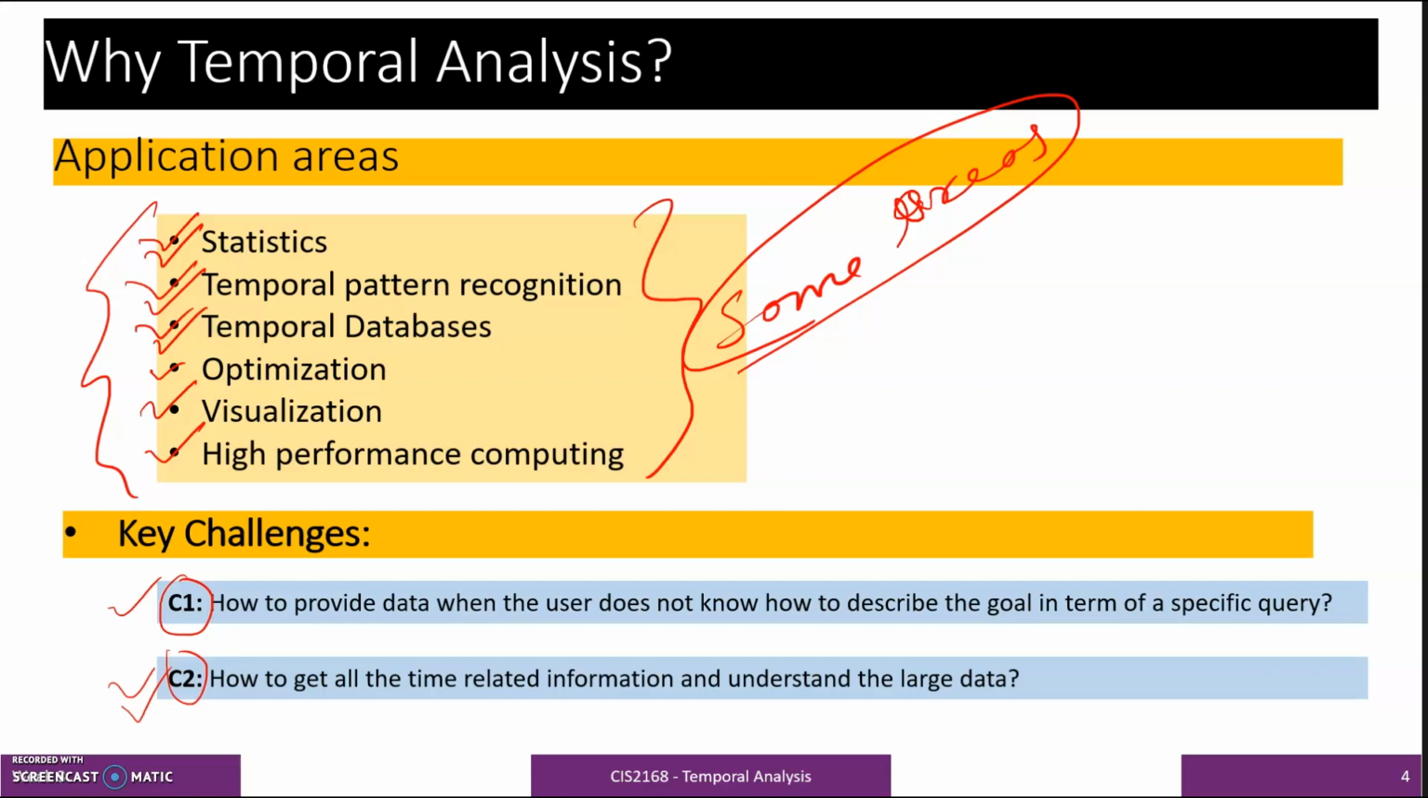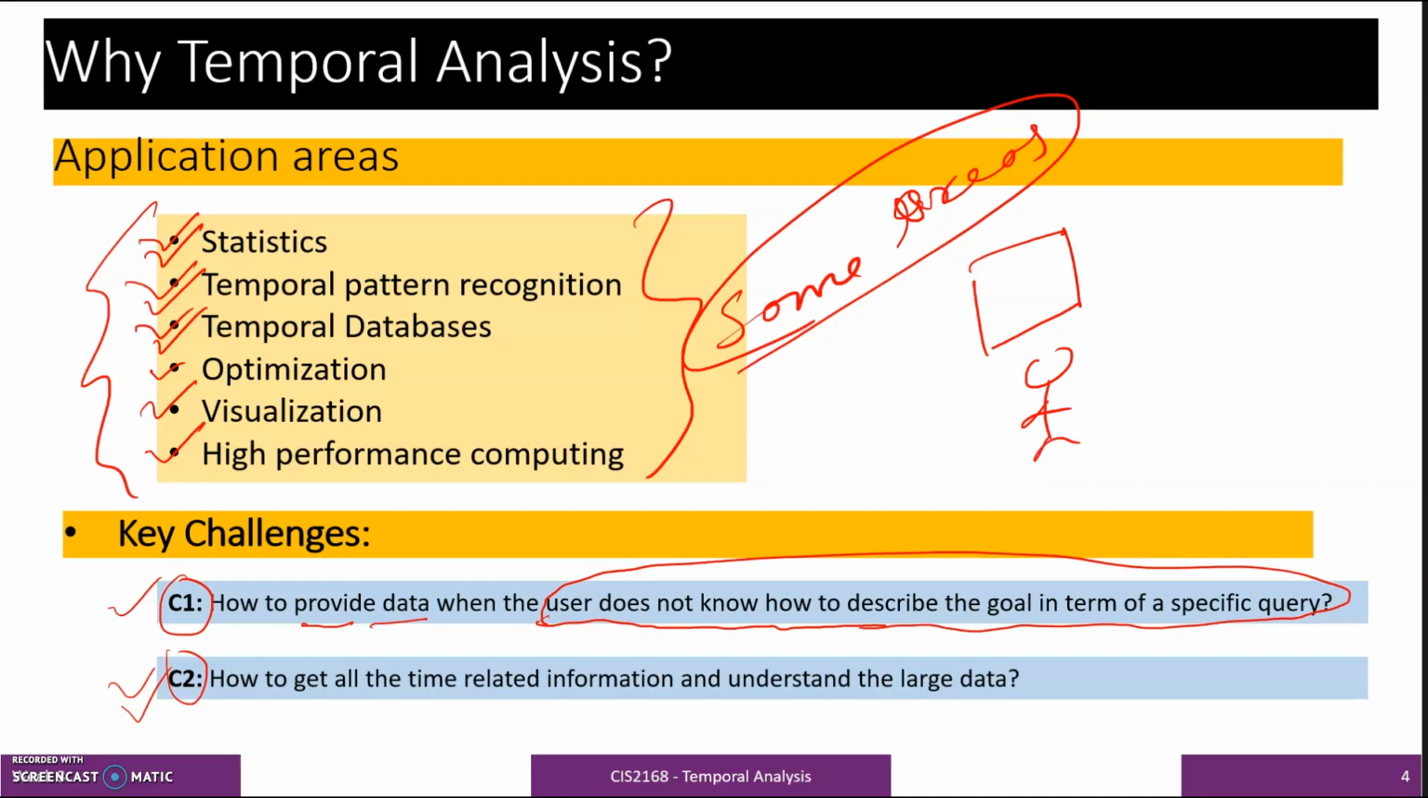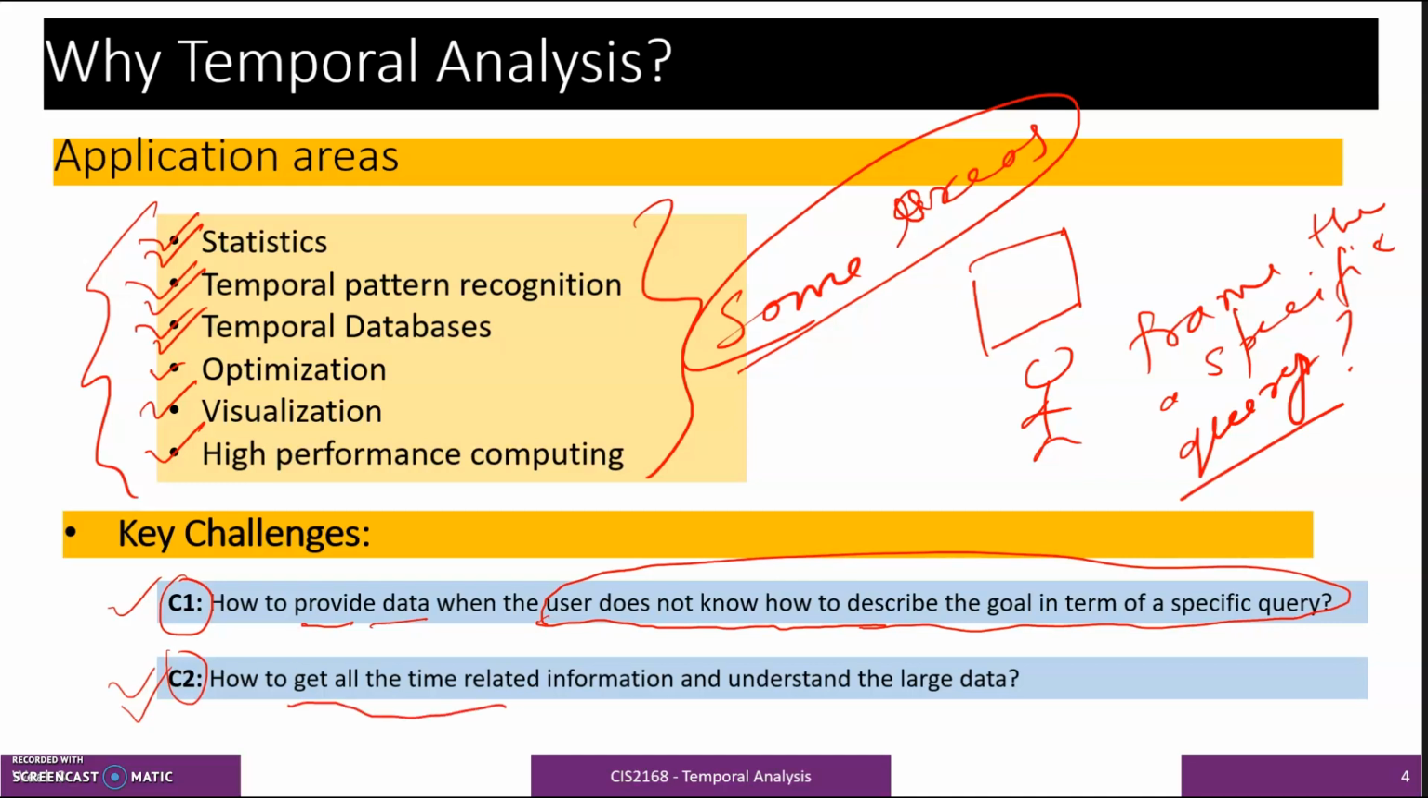So the first challenge is how to provide data when the user does not know how to describe the goal in terms of queries. A user is using the system and the user does not know how to frame a specific query. So this is the first challenge, and the second challenge is how to get all time related information and understand